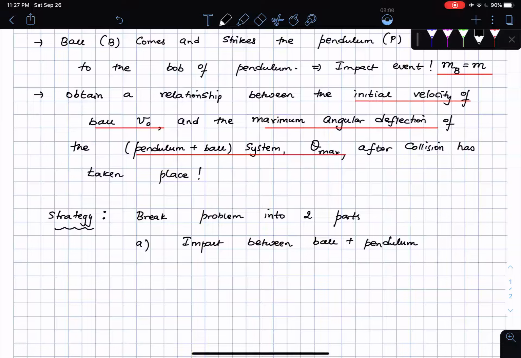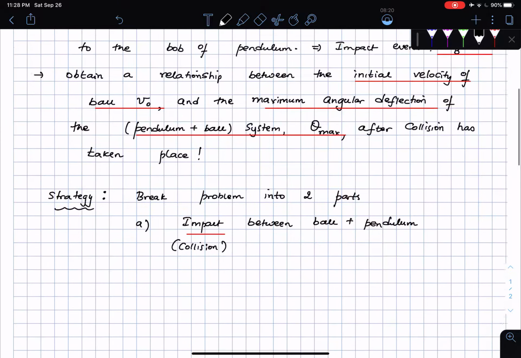The key word is whenever you see impact or collision, we will handle this